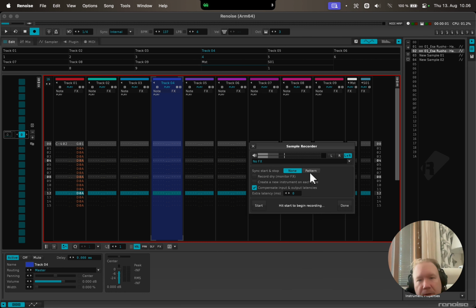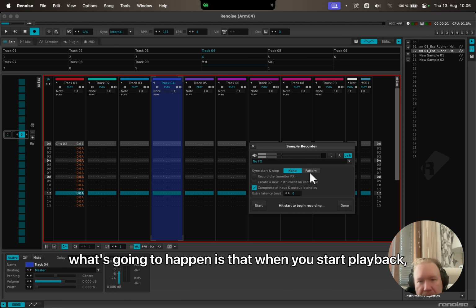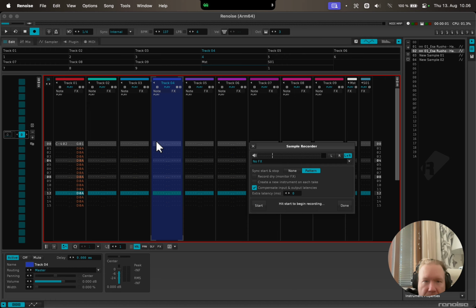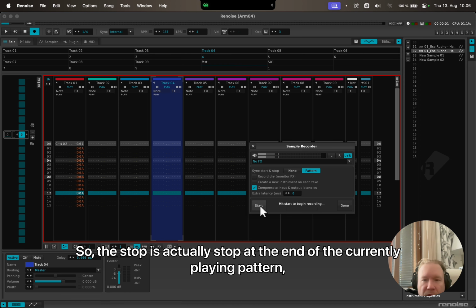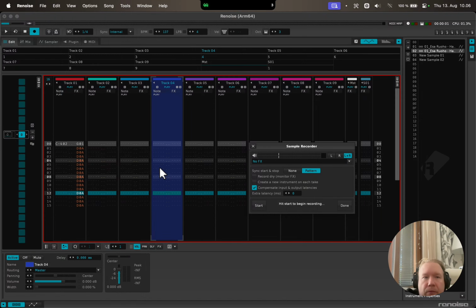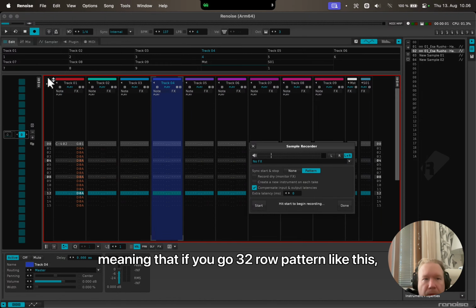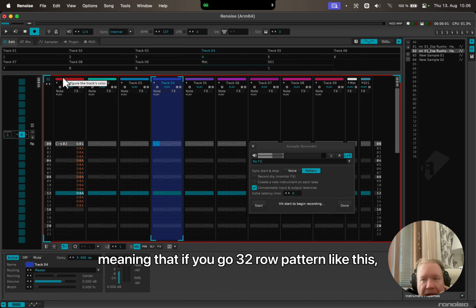If you set it to pattern, what's gonna happen is that when you start playback, it's gonna record from here to here, and then it's gonna keep going because it's synced to the pattern. So the stop is actually stop at the end of the currently playing pattern, meaning that if you go 32 row pattern like this